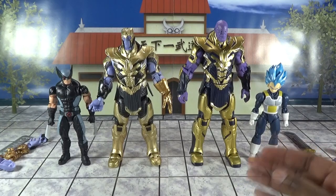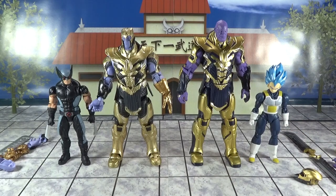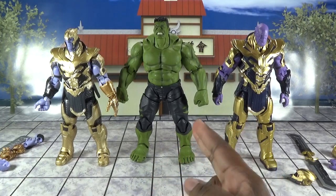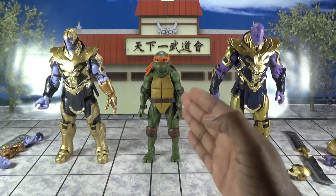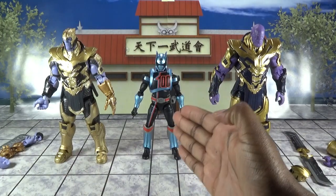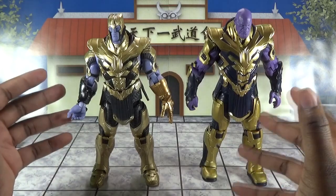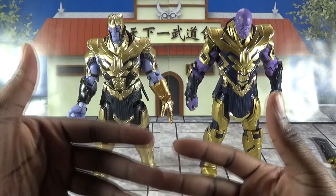Here they are next to the SH Figuarts Super Saiyan Blue Vegeta and the Marvel Legends X-Force Wolverine. Alright, and here they are next to the SH Figuarts Infinity War Hulk. Here they are next to NECA 90s Turtles Michelangelo, Power Rangers Lightning Collection Shadow Ranger, Marvel Legends 80th Anniversary MCU Hela. So yeah, that's about it for figure comparisons, and I apologize that it was cut short, but this video